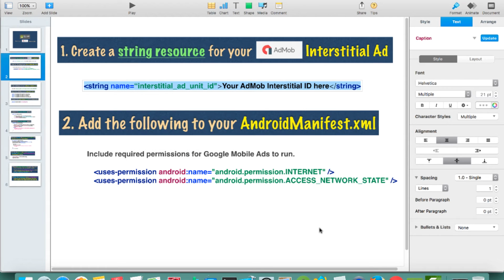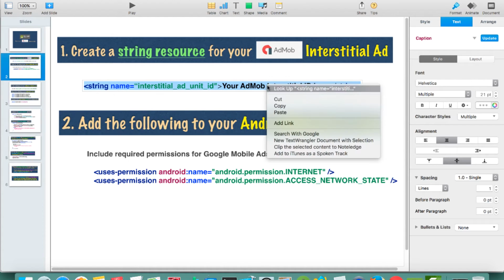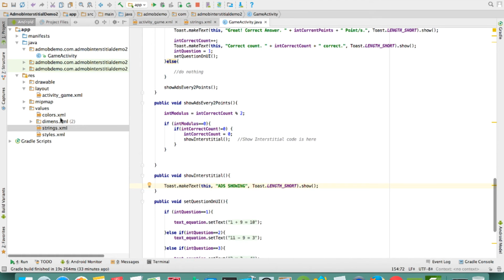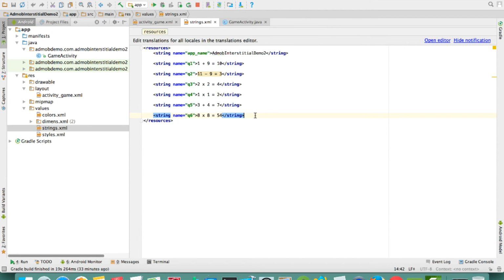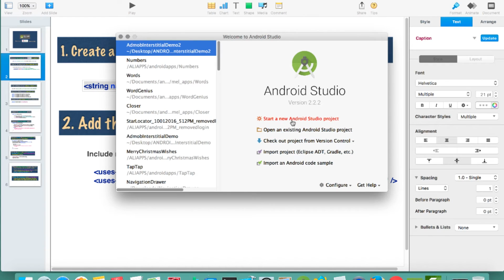So I did this demo from scratch, from the steps that I am showing, in order to show you that this thing actually works. Actually, this is a live demo dated, what's the date today? Today is December, on my time zone it's December 14, 2016. So I'm gonna copy this and create a string resource for that. Let's create a demo app for this. I'm gonna close this one first and I create a new